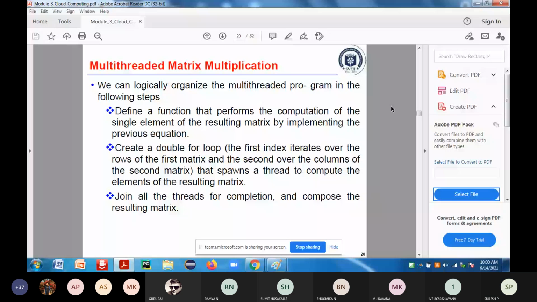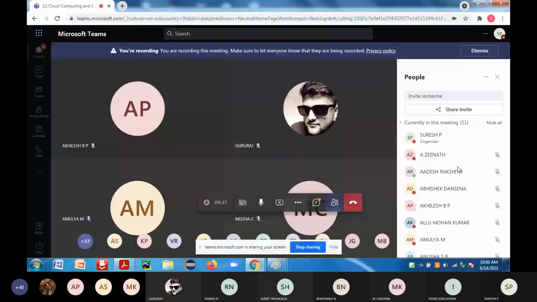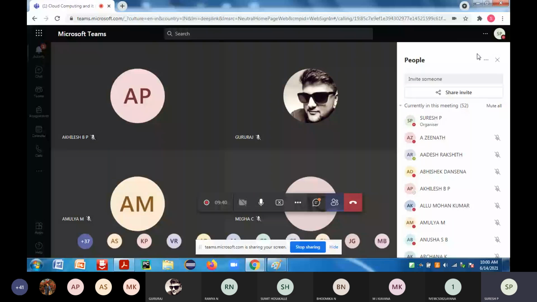The rows and columns are multiplied with each other in some fashion.